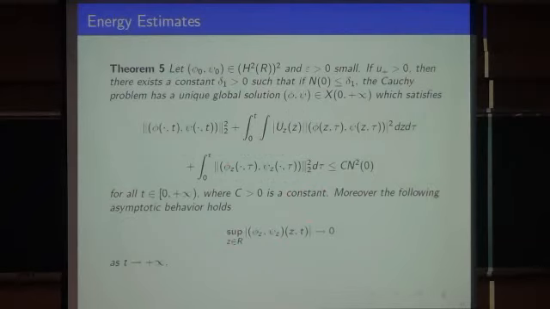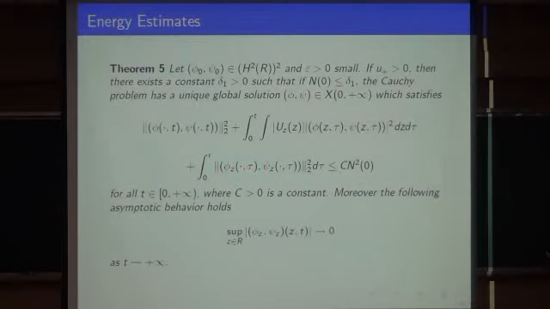This is small to begin with, and it's small for all t. And at the end, you get this because you have this antiderivative in here. So this as t goes to infinity must go to 0 because this is a